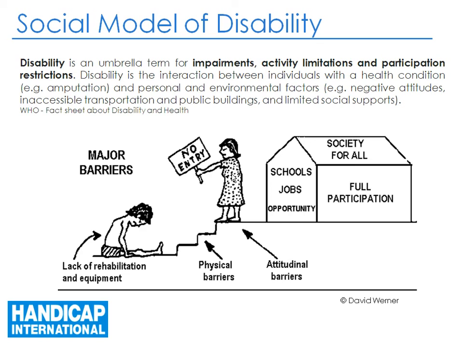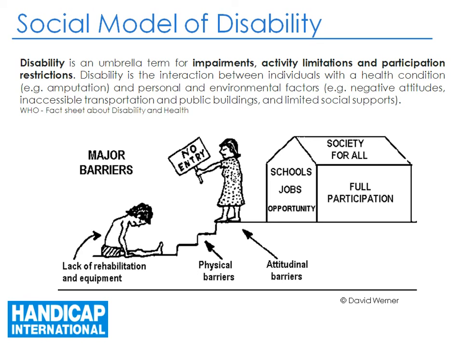When I show this drawing, I usually explain that disability means a lack of access to opportunities that are considered normal in a certain context for a certain person. So for example, that child over there, normal opportunities for him would be to go to school, to enjoy some activities. For an adult, it would be to have access to a job, participate in social events, get married, have access to health facilities. Those are normal opportunities. If for one reason or another a person doesn't have access to those opportunities, we say that the person is disabled. And here we see three main factors that might prevent a person from having access to those opportunities.